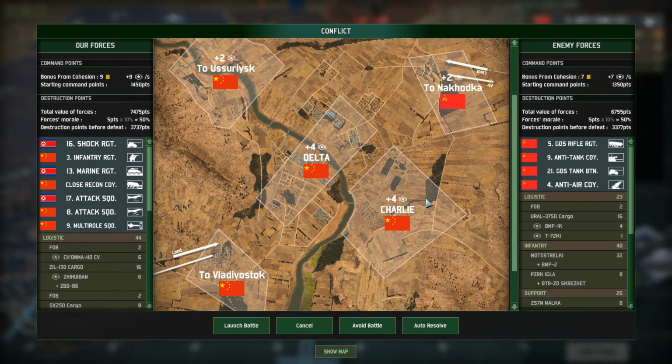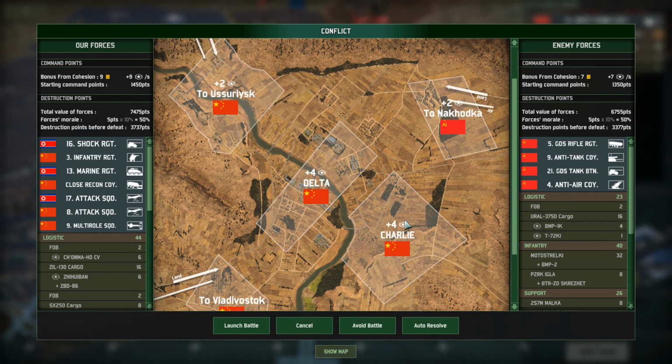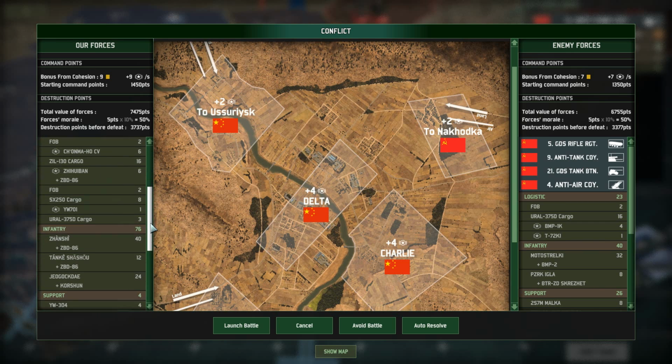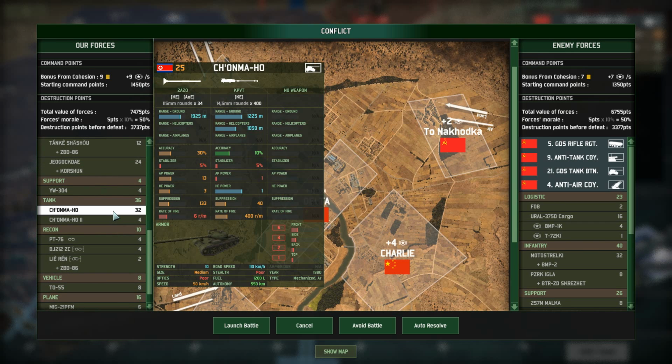Now the map we have is decent in the sense that we have all of these zones and they can only come in here from Nakhodka. So we can set up a defense, but it's not going to be very good because we don't have any long-range anti-tank weapons. We have tanks, the Chonma Ho and the Chonma Ho 2, but these things are no match